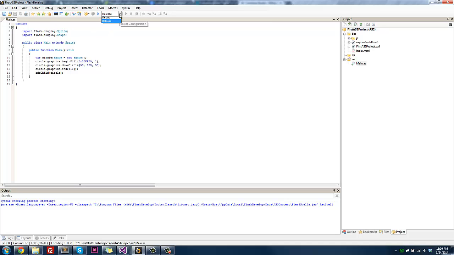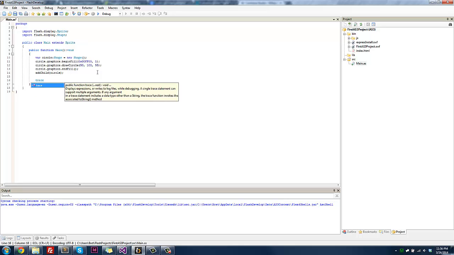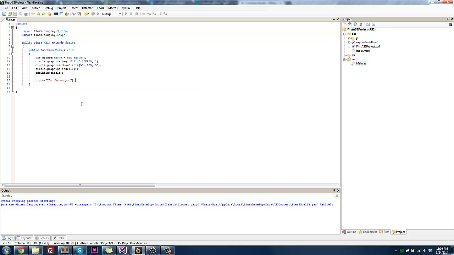All right, I'm gonna make sure that we're in debug mode, by the way. It's really important for what we're about to type. All right, this is called trace, all right? And we're going to use a double quote and type I'm the output. Another double quote, and that line. All right, so now if we run this,